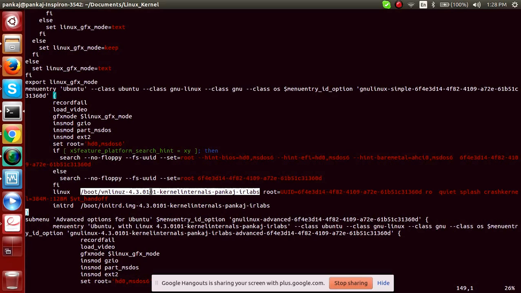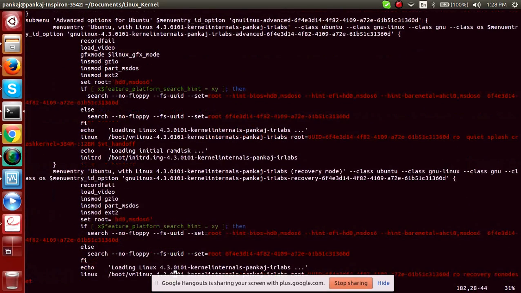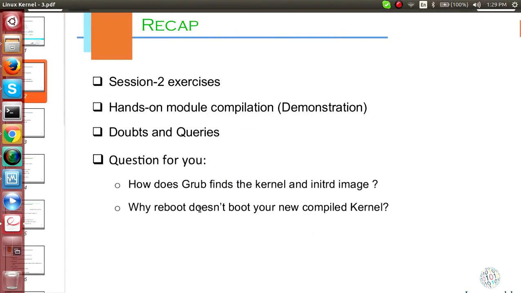So this is the actual boot process, and this is basically how your grub triggers an initrd, and then initrd triggers and starts loading the kernel. Now there is another very interesting question.